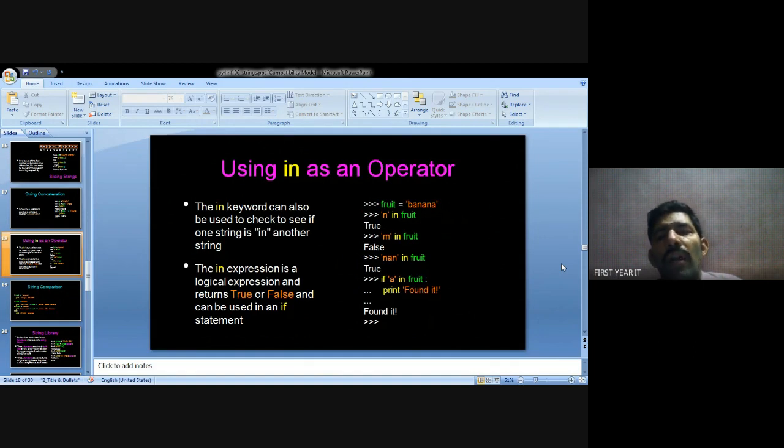The banana already has an n available, so that is true. Next, m in fruit. m is not available in the banana, so the condition is false.